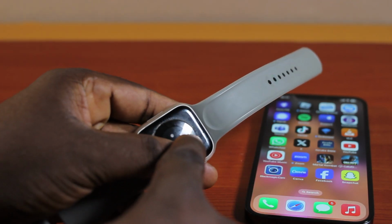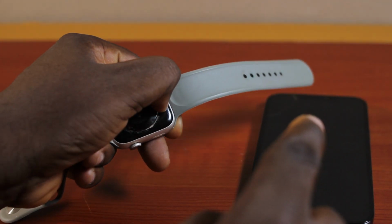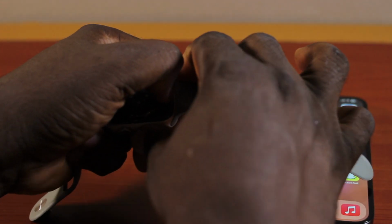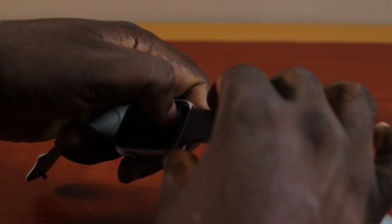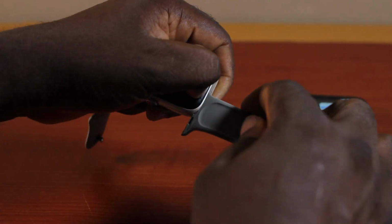Locate the button, this small button, and press it with your fingernail tip. Once you press it, then you need to slide out the Apple Watch band. So just go ahead, press it and then slide it out. So press it, then slide it out like this. So it is easy to do. Just make sure you press it very well and then slide it out